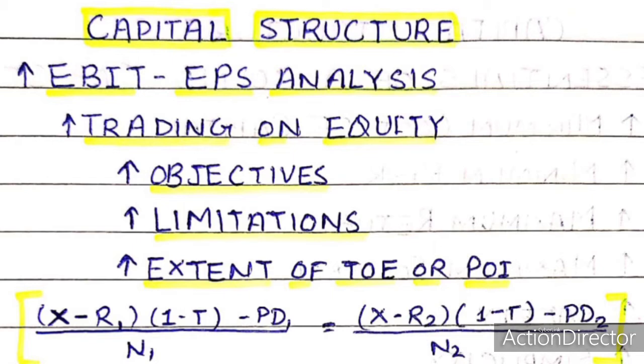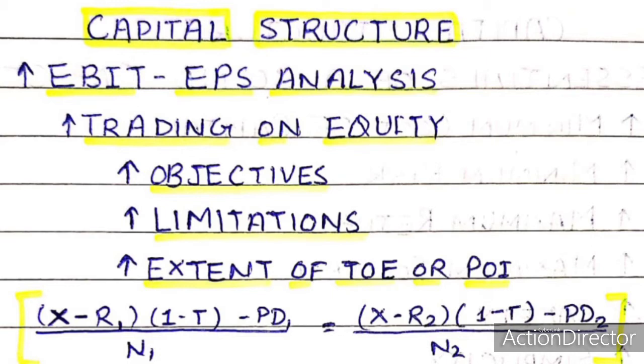Therefore, when the rate of return of the firm is less than the rate of interest or preference dividend, the use of that capital may result in loss to the equity shareholders. Thus, trading on equity has the potential of increasing as well as reducing the return to equity shareholders. Hence, while using debt in the capital structure, the debt absorbing and debt repayment capacity of the company must be